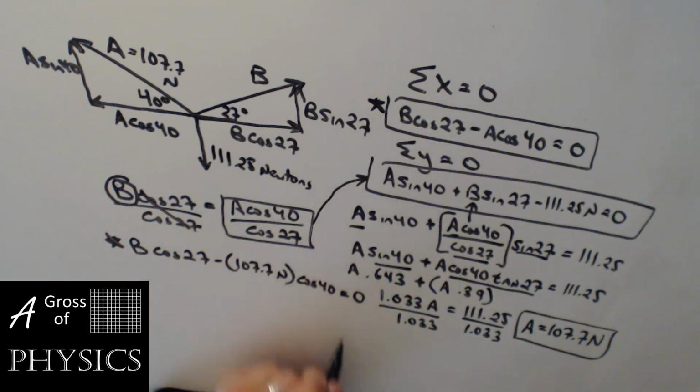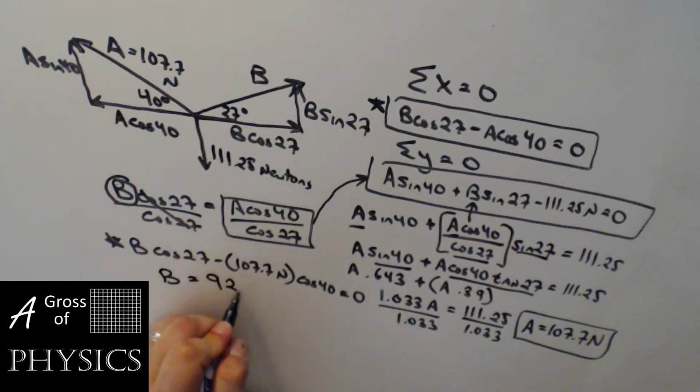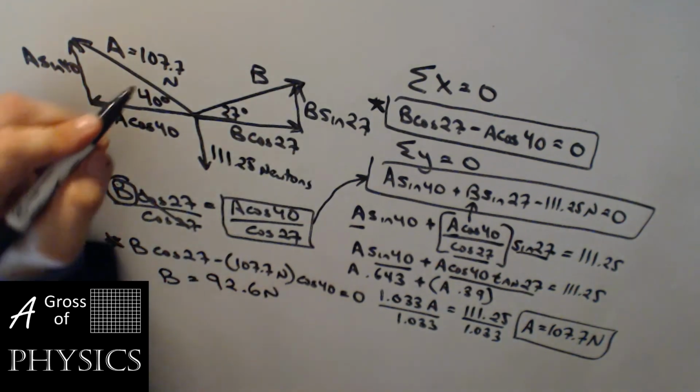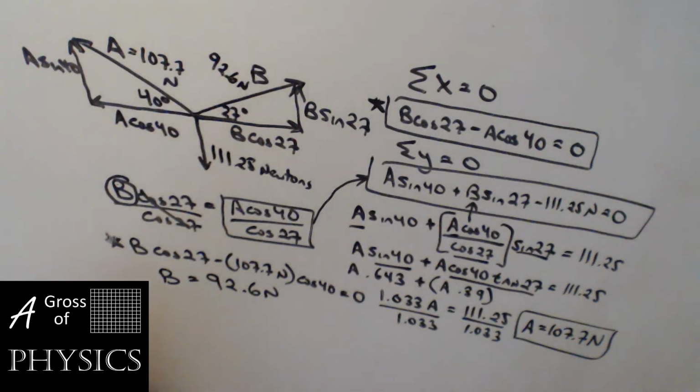I'm going to bring that over so it's positive, and then I'm going to divide by the cosine of 27. And B should be 92.6 newtons. So we have 107.7 on one side and 92.6 on the other. And that's how we solve for vector equilibrium problems that have two